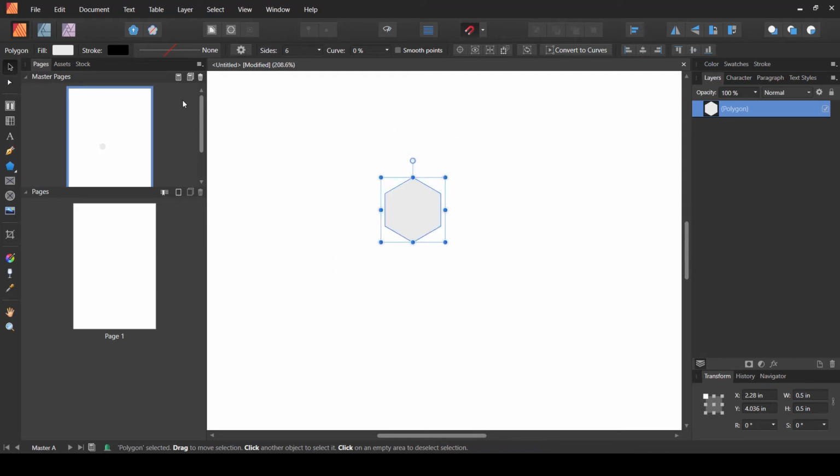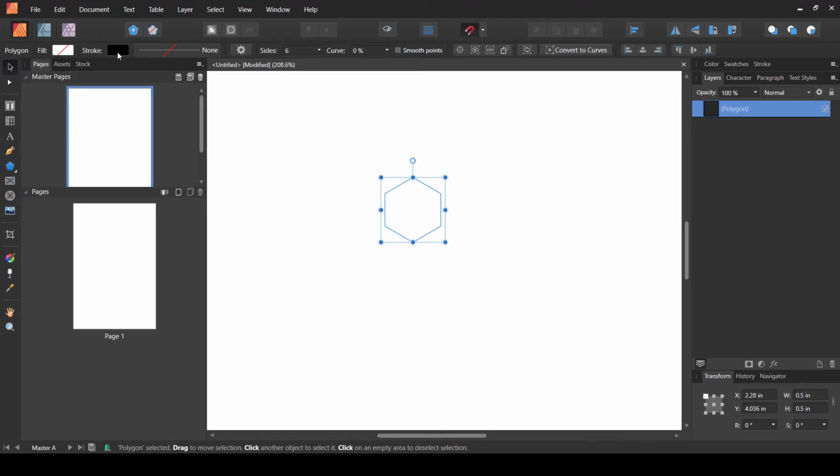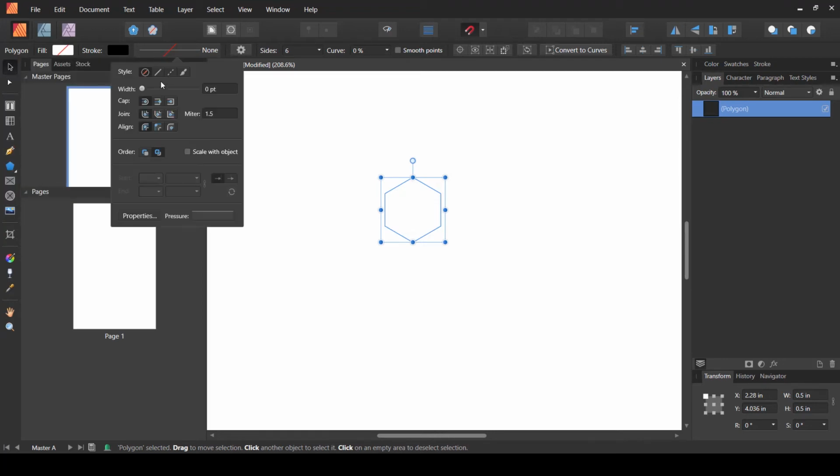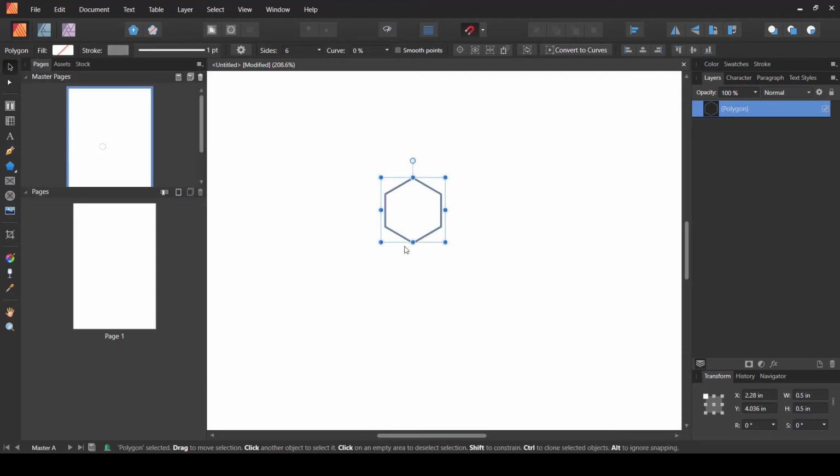Now we need to remove this fill color, so I'm going to remove it by simply clicking the fill and then choosing the none option. And in the stroke color I've already selected this black, and I'm going to use, I think one would be fine. Yeah, that one would be fine. And instead of this pure black color, let's just use a different color. So I'm going to choose the HSL slider options, and I'll make it, let's say 50%. I think 50% gray would be good.